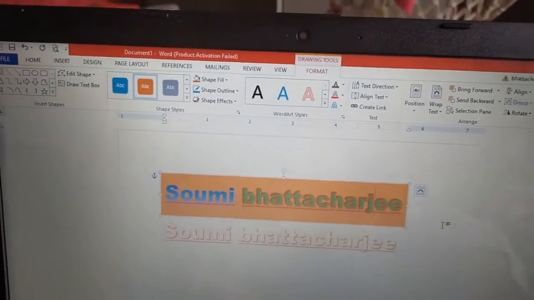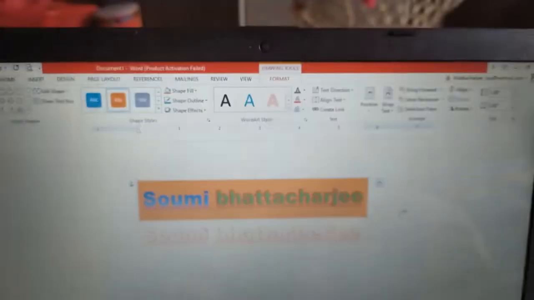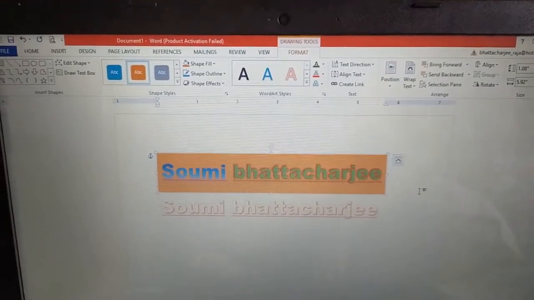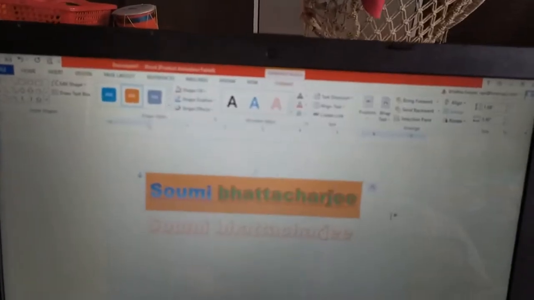Now these are the options that we will get in editing the Word Art. So I think how to insert a Word Art, how to format or edit a Word Art is clear to all.